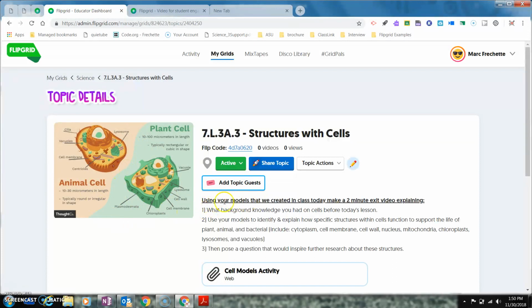And also, this is kind of a culminating formative assessment, maybe at the end of the period, that I'm going to use after we developed models of plant cells and animal cells and talked about the structures within them. I'm going to have students, and it sets the purpose again. It says, using their models, they're going to create a 2-minute exit video, and they're going to explain